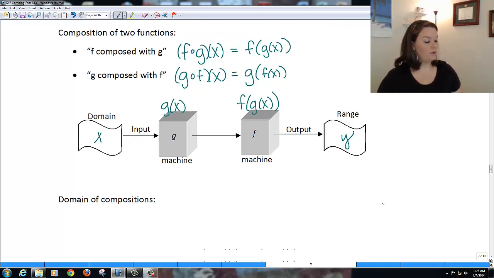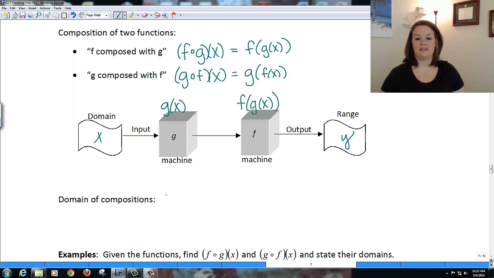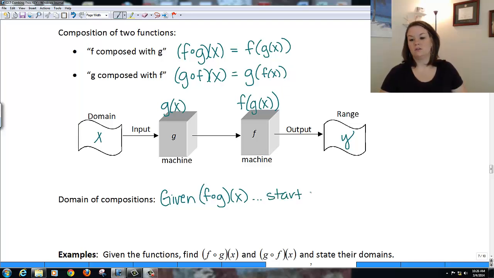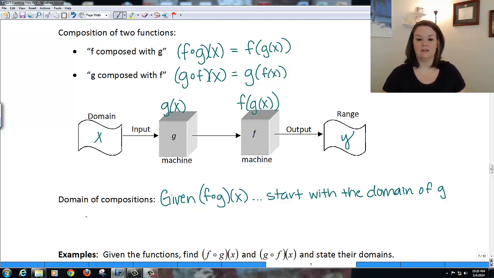So, given f composed of g, we start with the domain of g, because that's the one getting put inside,